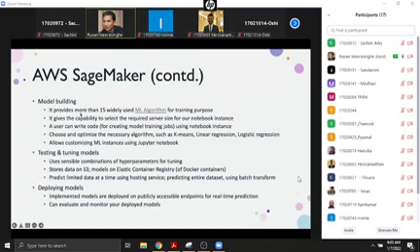So model building provides more than 15 widely used algorithms now. This number keeps changing, as more and more algorithms are included. I will go to this link at the end of this course, in this session. And it gives us the ability to select the required server type for our